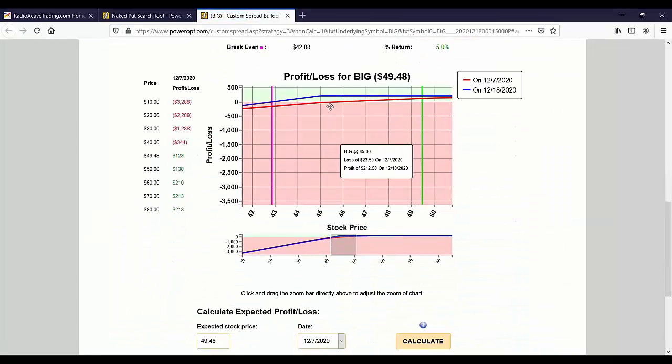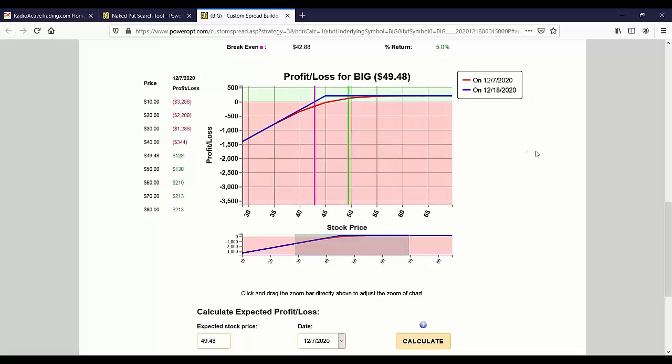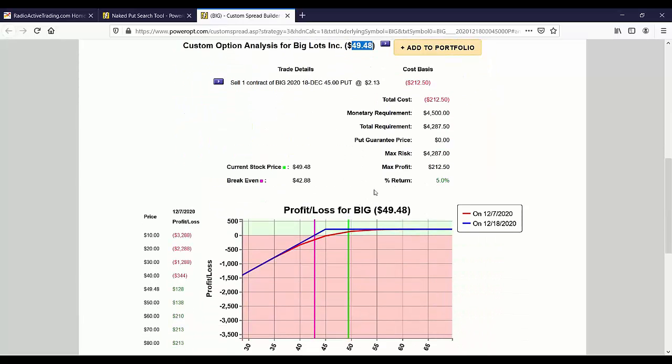Okay. And so here's our profit and loss chart. It's skewed, so we're focusing just 10% up and down, but let's increase this a little bit so we get our nice little hockey stick graph. There we go. Sorry about that. So we're selling the 45 put on Big Lots, $49.50 roughly, and we're getting $2.10 for it,